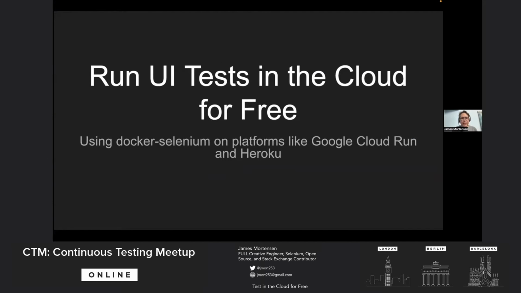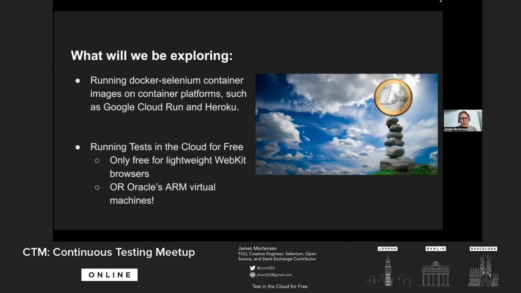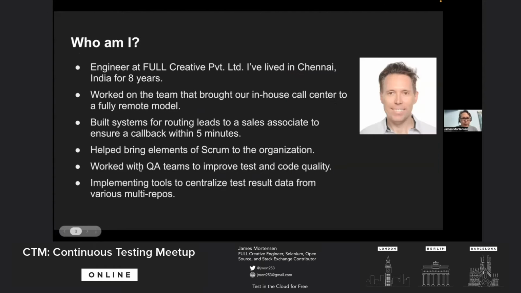Basically, I don't think anybody really missed much. We've got the title slide here, and then the slide on what we'll be exploring with this nice picture here of this euro coin on top of a bunch of rocks, and then the who am I page. So